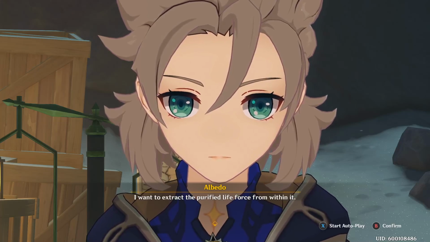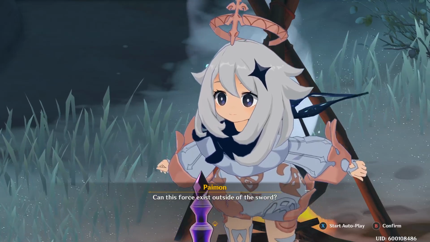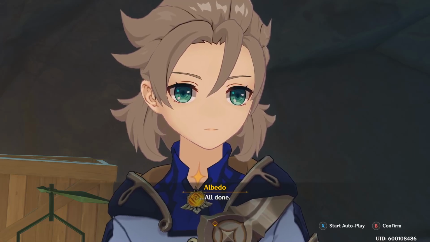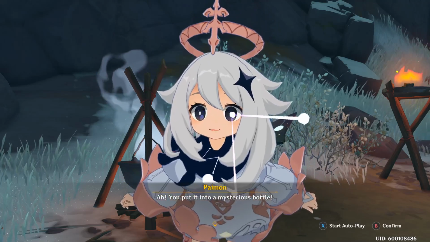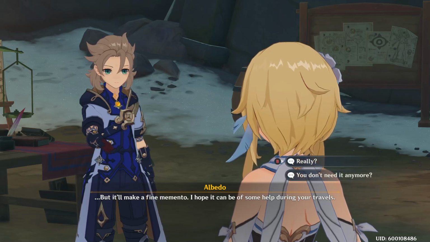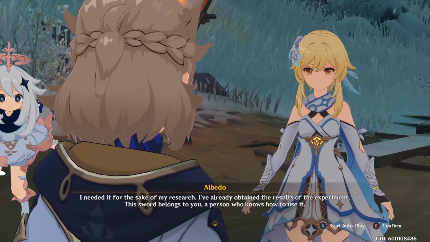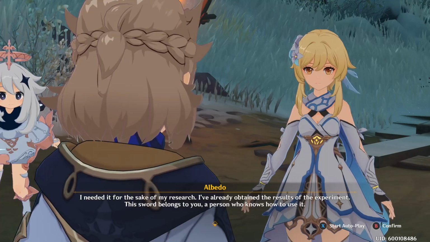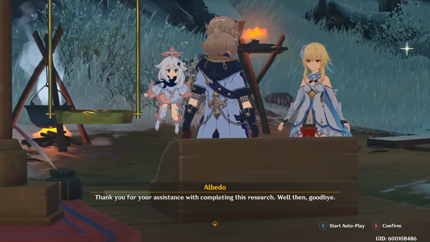I want to extract the purified life force from within it. 力だけを取り出せるのか。Can this force exist outside of the sword? What? 他のものにできなくても僕ならできるよ。よし。おお、力が光る玉みたいになって不思議な瓶の中に入ったぞ。この剣はもう伝説の武器ではないが、記念にもらってほしい。君の冒険の手助けになるかもしれない。You don't need it anymore? 僕が必要なのは実験結果だけだ。必要なものを手に入れた今、剣は扱いに長けた君が持つべきだよ。旅人、Okay. 僕の実験を手伝ってくれて感謝しているよ。では、また。